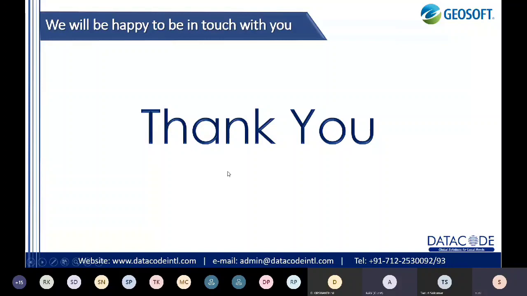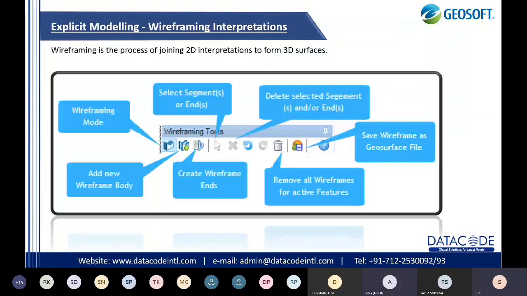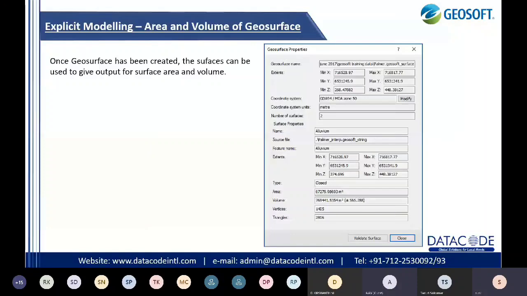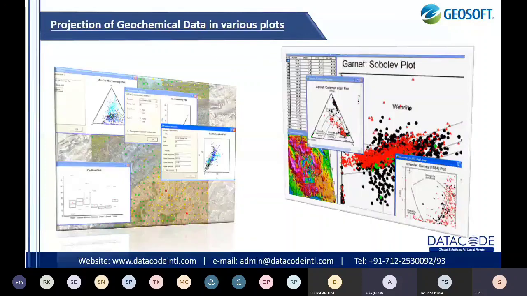Sir, in your presentation, just a few moments back, you had told about target with geochemistry. This one, one more slide back. See, target with geochemistry, I have 2 slides only. So while discussing geochemistry, we told we can generate a number of plots like box plots, triangular diagram, and this is for the garnet mineral.